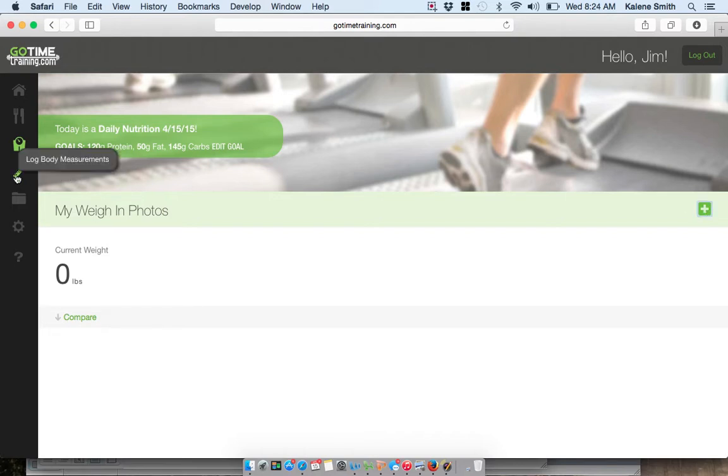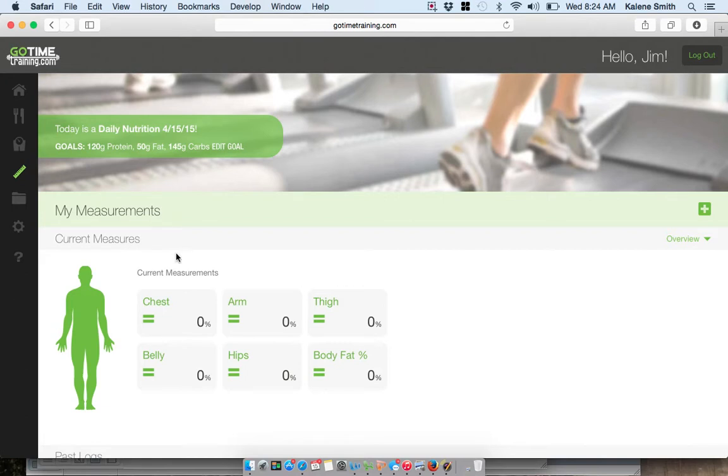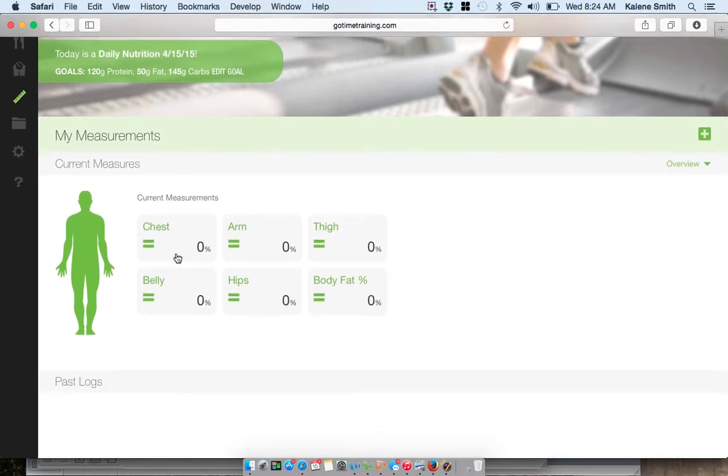The next option to the left is log your body measurements. So if you click on this tab, this is going to be where you and your trainer will log your circumference measurements for your chest, your arm, your thigh, belly, hips, and we can put in your body fat. So again, in order to add that, you're going to click the add button to the left or to the right,